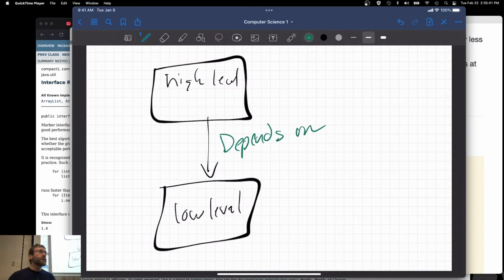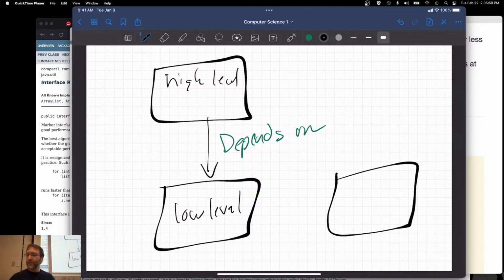Now think about if I want to change out this low level thing. For example, it's a library or something that my code depends on, math library. And now a better math library comes along, an alternative. And I want to change my code so that it doesn't depend on this one anymore. I want to sever that connection and make it depend on this one now,